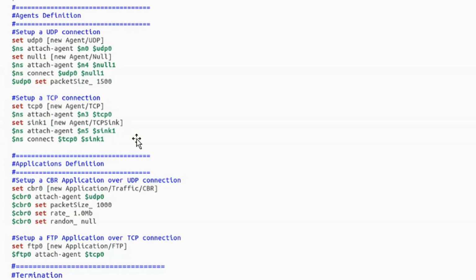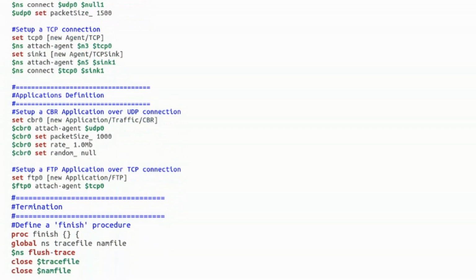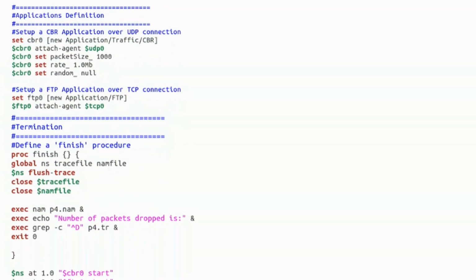Next, what is our next job? We are done with the transport layer, and next we need to create the application layer protocol. Till now we have worked on CBR, constant bitrate, as well as the file transfer protocol, FTP. Here we are using both of them again. For CBR, I am creating the agent, defining the packet size, the rate, random, null, everything. And here I am creating the FTP agent. We will utilize it whenever we want, that's how we used to use that.